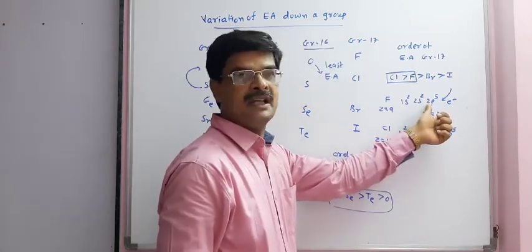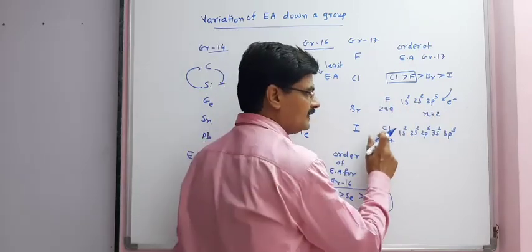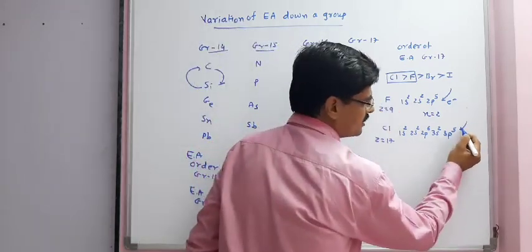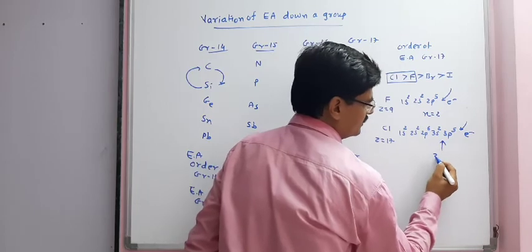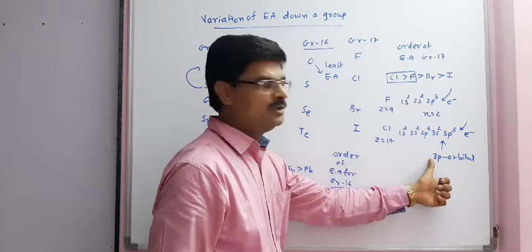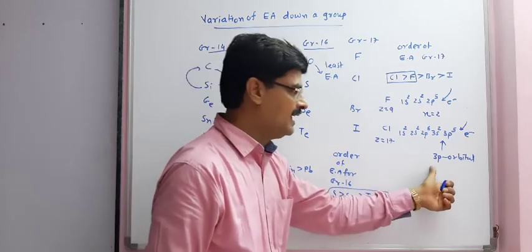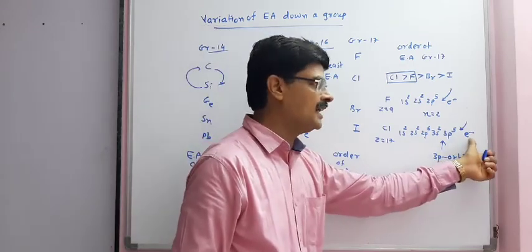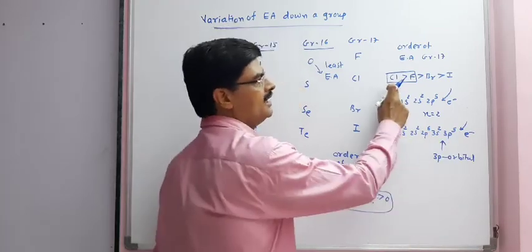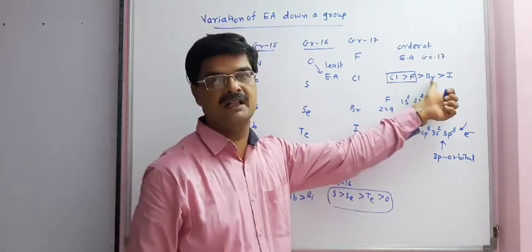So electronic repulsions are strong in the case of fluorine, but as the size of chlorine is more than fluorine, electron enters to 3p orbital. Because size is more, electronic repulsions will be less and it will be easy for that incoming electron to stay over there, and that is why order is reversed and the order is found to be chlorine > fluorine > bromine > iodine.